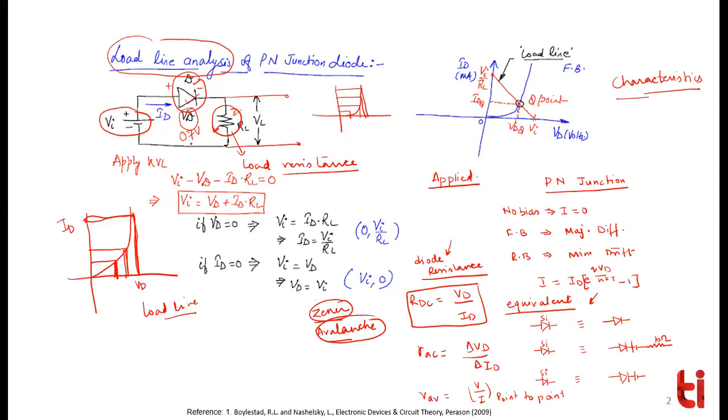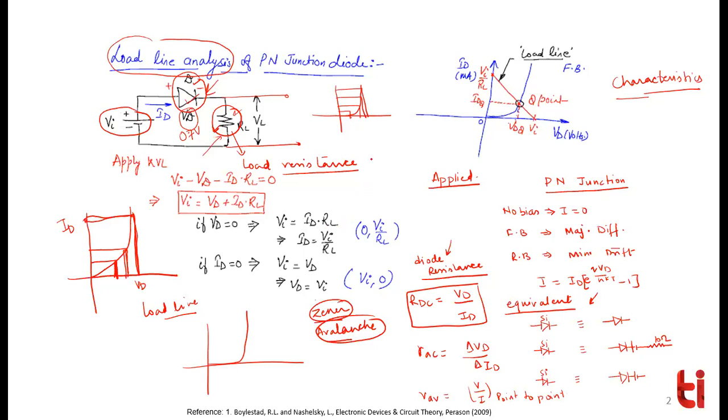One is the diode's characteristics, which is given for the diode you have used. Let's say this is the characteristics of the diode, and one characteristic is always of the load. Loads can be of different kinds, and their characteristics can differ. But in your syllabus, it will never happen that instead of a resistance you have some different kind of load. Always you will come across a load which is a resistance.